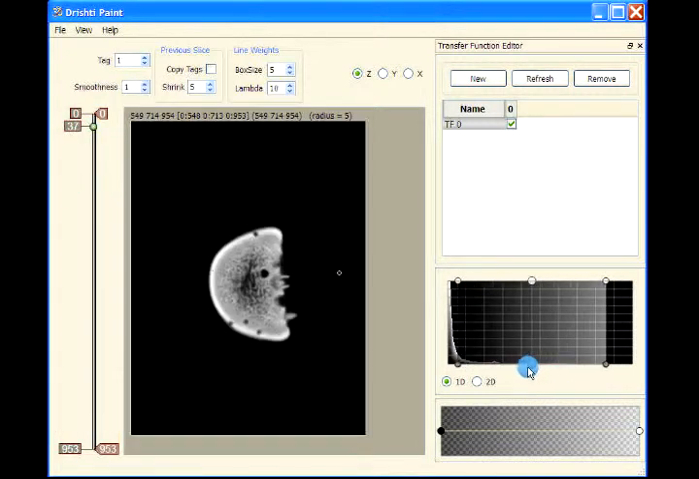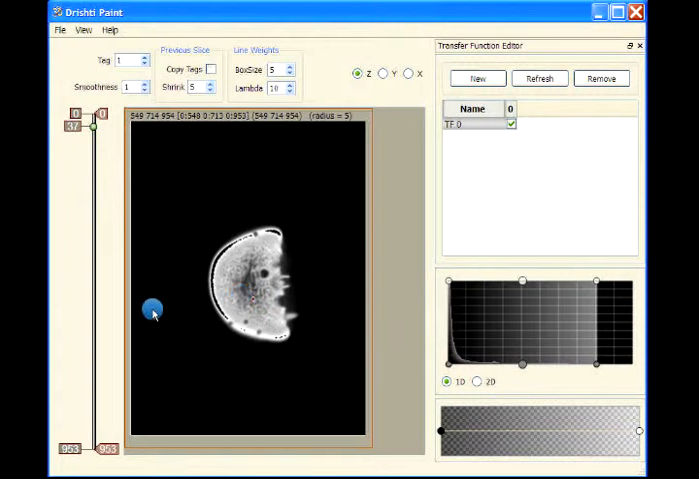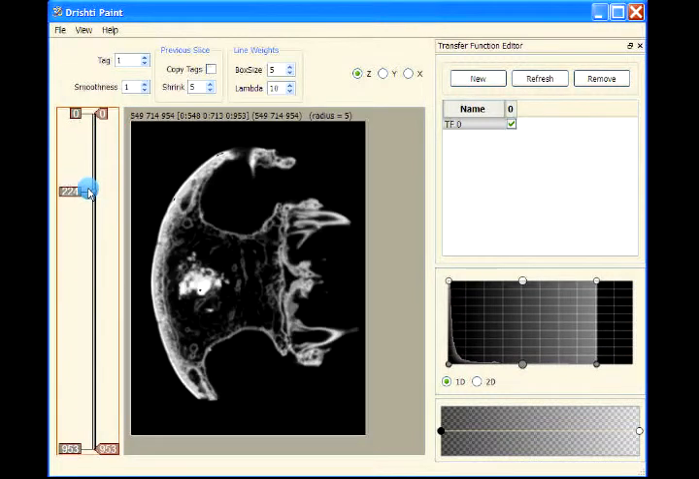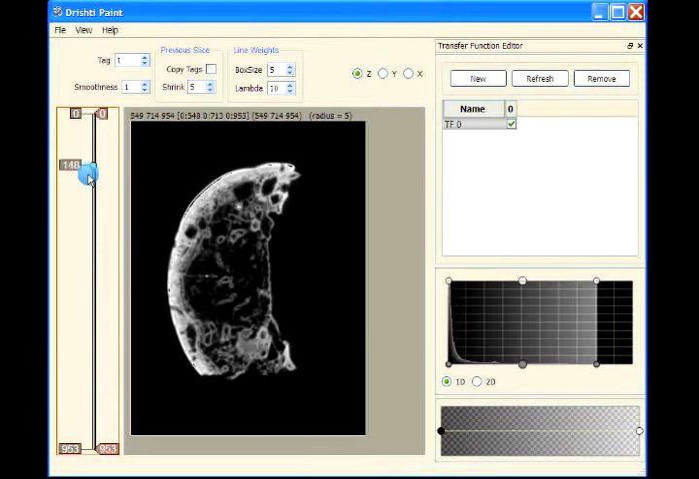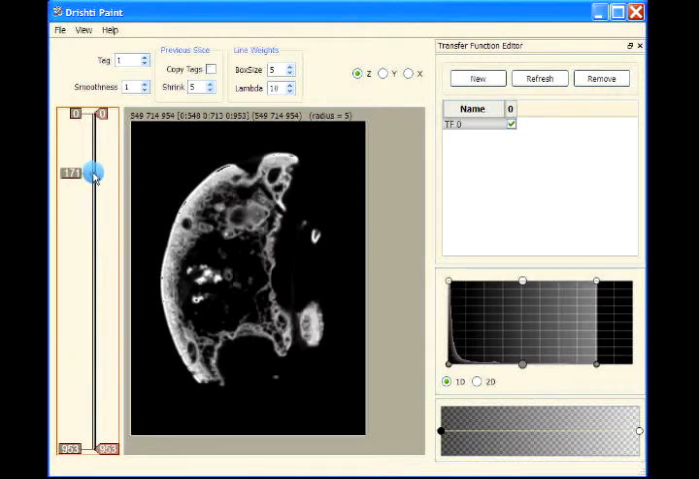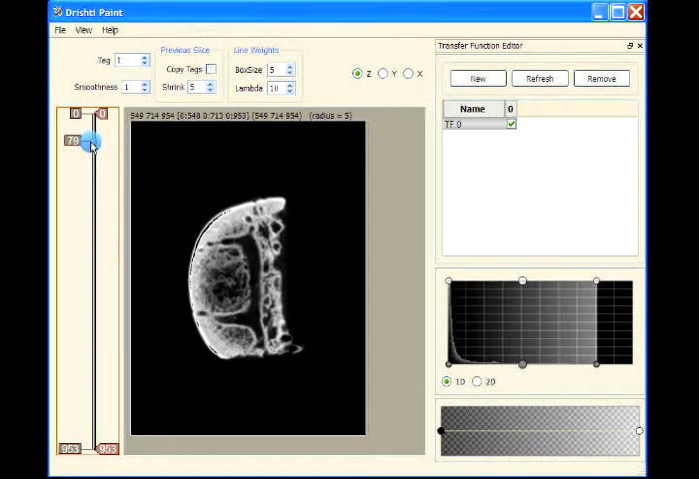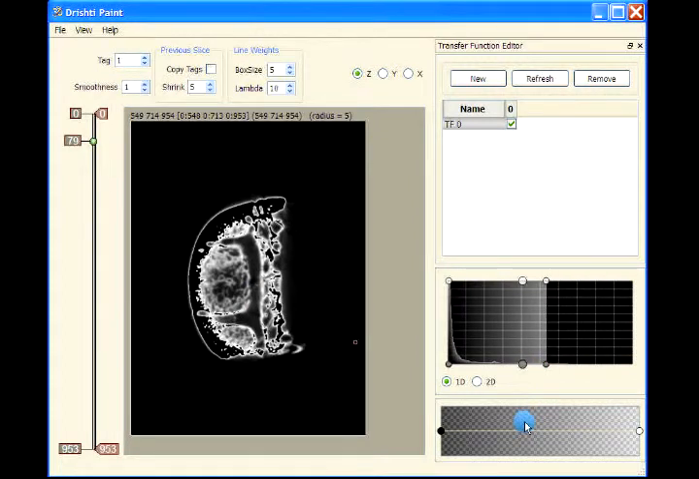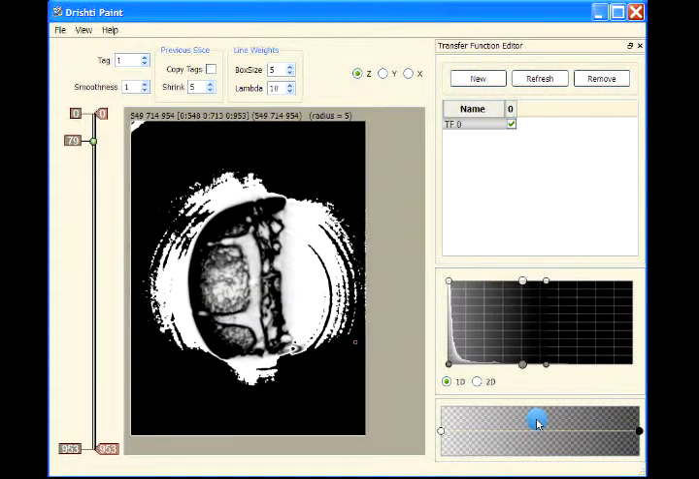Now we will modify the transfer function so that the canal has higher contrast. So we are basically playing with the contrast here. So this is what we want to extract. So let me just flip using F. I have just flipped the color gradient,